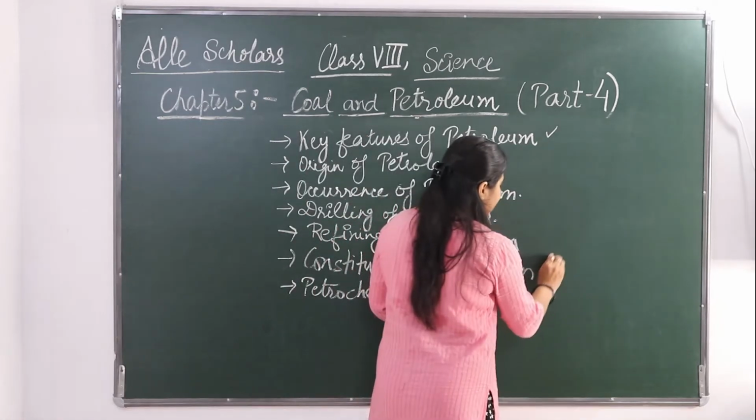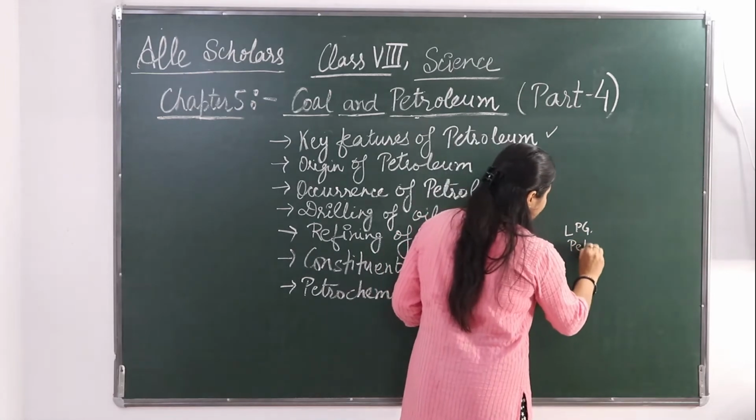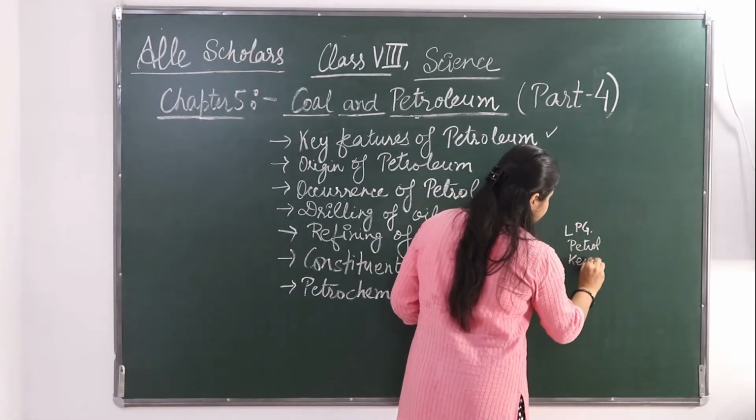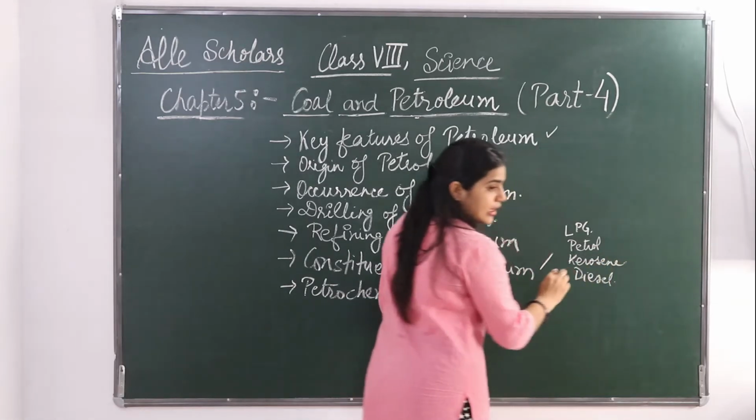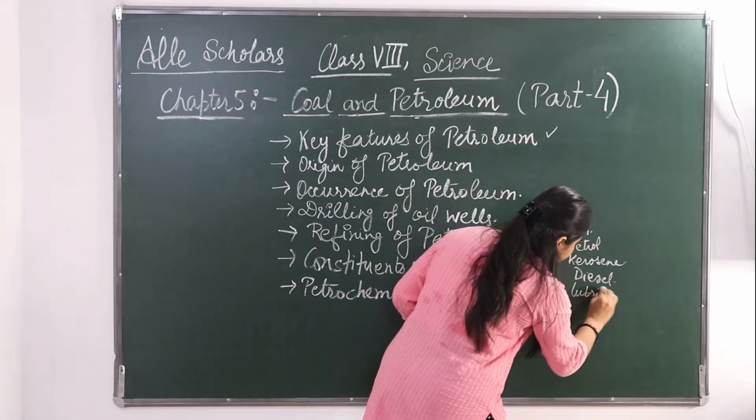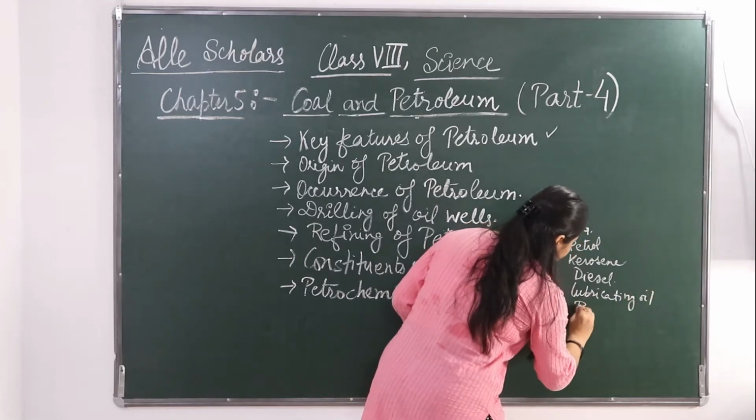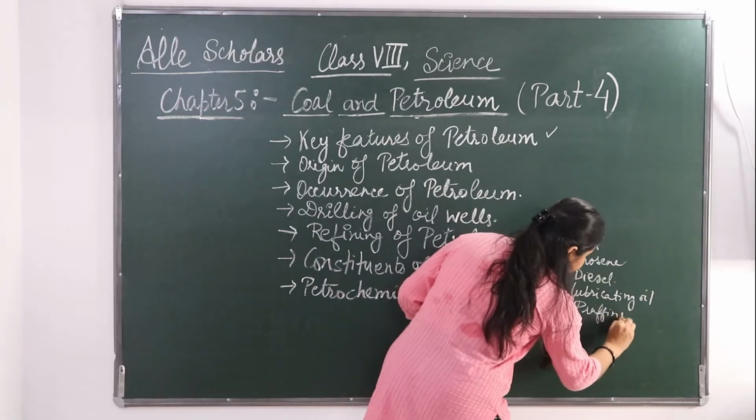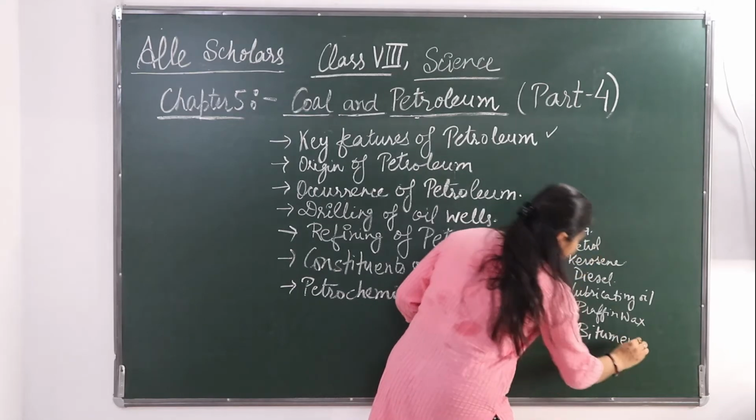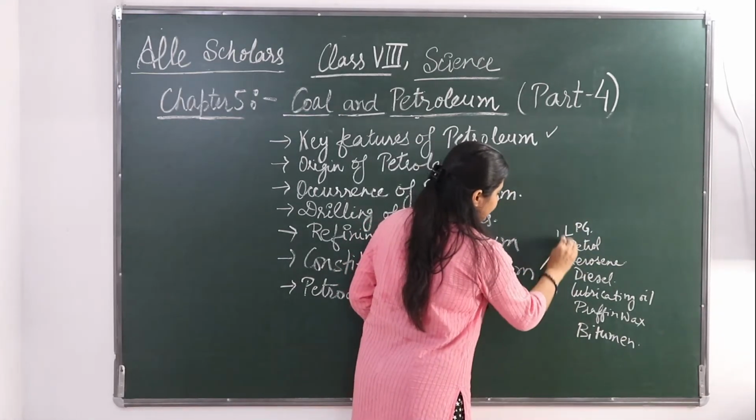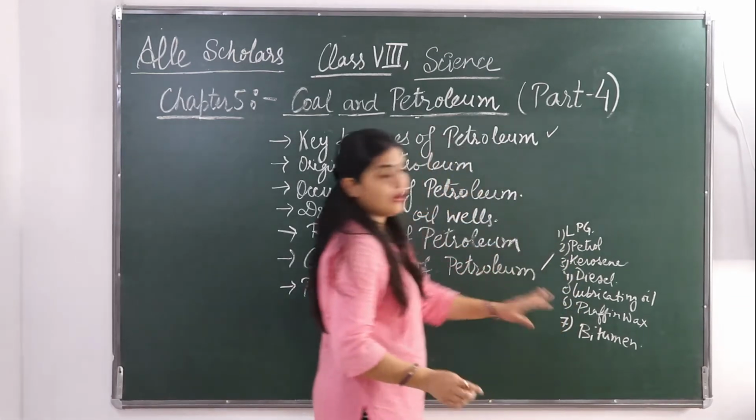In this we will discuss LPG, petrol, kerosene, diesel, lubricating oil, paraffin wax, and bitumen. So we will discuss all these 7 constituents of